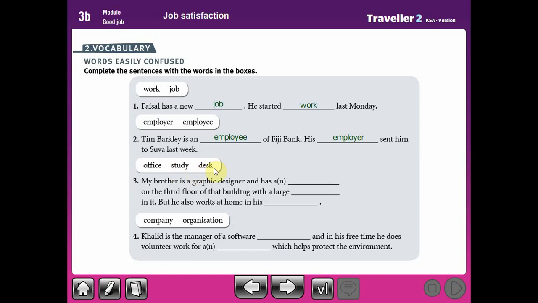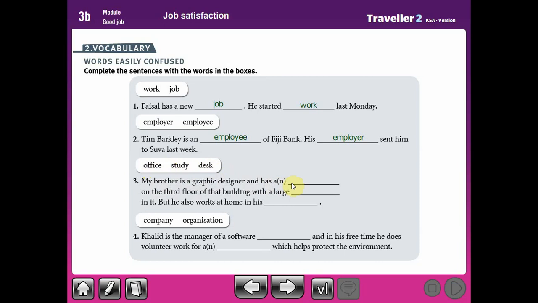Office, study, and desk. When I talk about office, I'm talking about the place or the room in the company or at the place you work at. So this is my office at work. The study means the room you study at, and you do your studying, and you put your bookcase in it at home. So the study is a room at home, but you use it for studying, for writing, and so on. The desk is the piece of furniture. You can put it at your office or at your study or at any place. This is the desk, the piece of furniture.